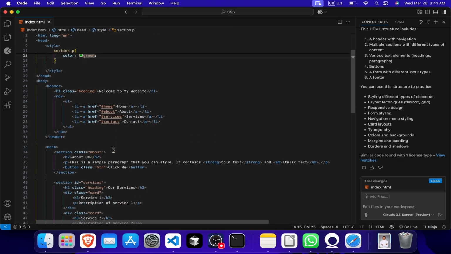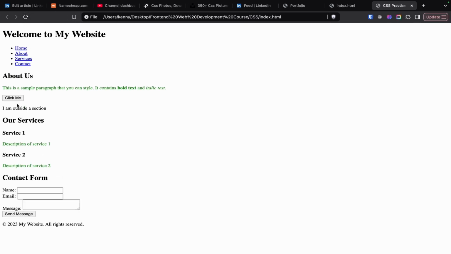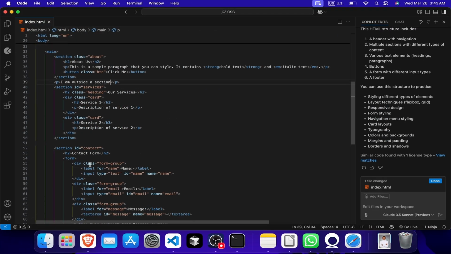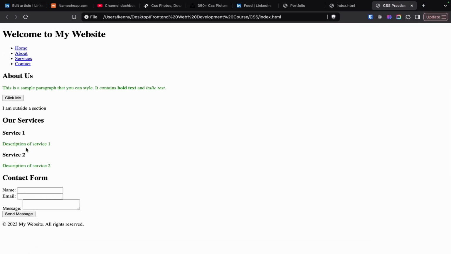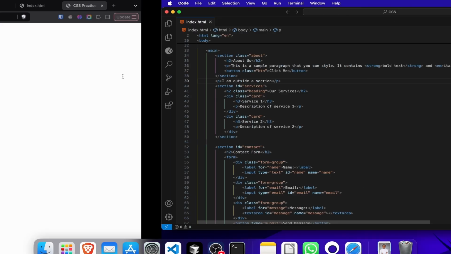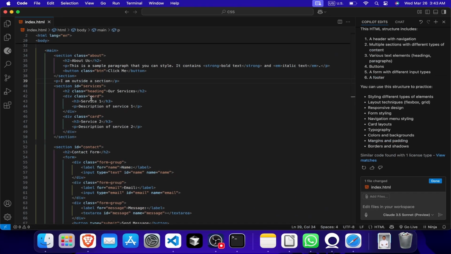Now I don't think I have a paragraph that is outside a section. Let me just put a paragraph here that says I am outside a section, and then save it. You see a paragraph come out. So this paragraph is not inside the section. These are the paragraphs inside the section. Yeah, so these ones are inside. This one is outside, as you can see here, it is not enclosed by a section. So that is it. The descendant selector allows us to target something that is nested